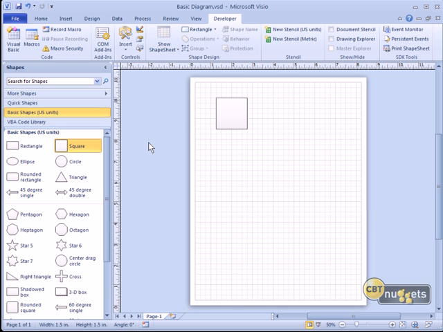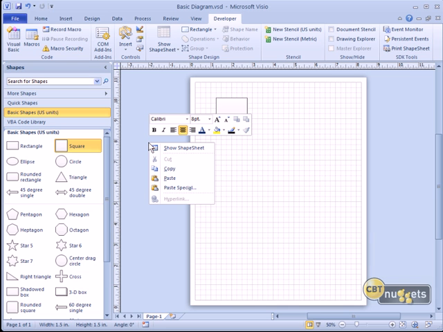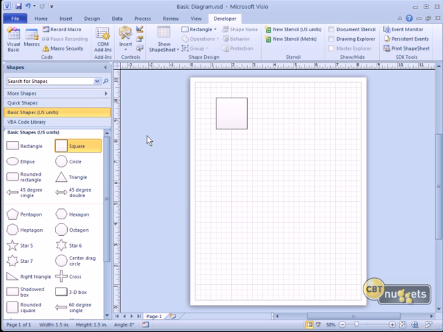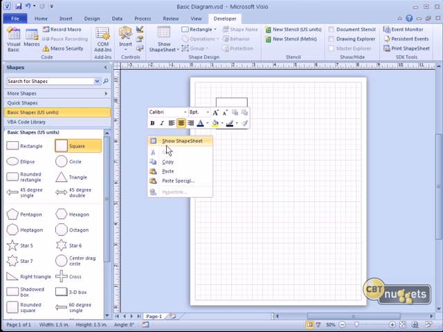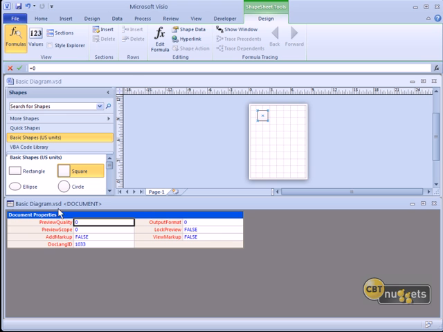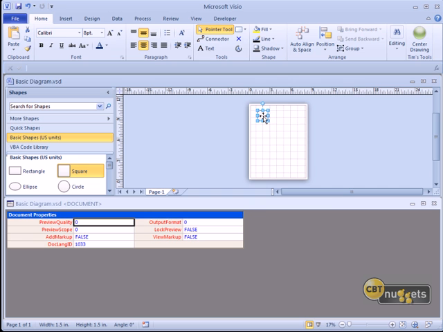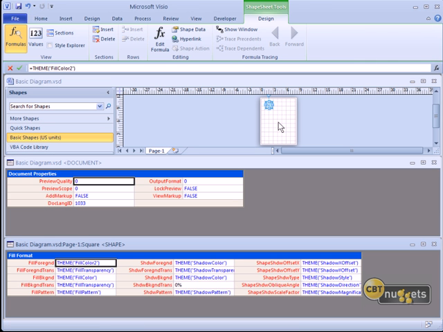And this is a gotcha. To see the document shape sheet, you don't right-click the pasteboard. You hold down Shift while you click the pasteboard. And this will give you the file or document level shape sheet. Now the shape sheet for the document is actually very small. There's just the document properties. When you work into a deeper level, like maybe a shape level, there's a lot more there.